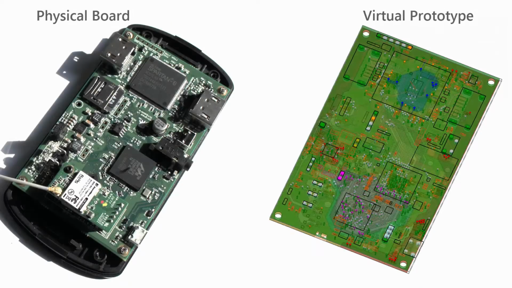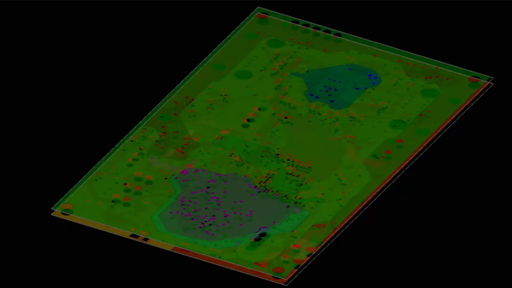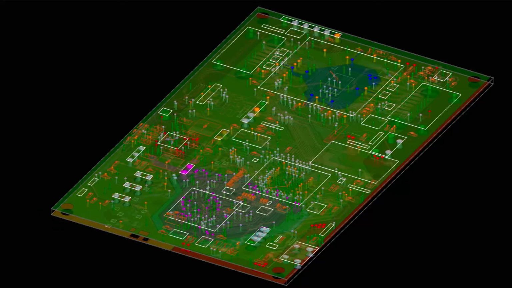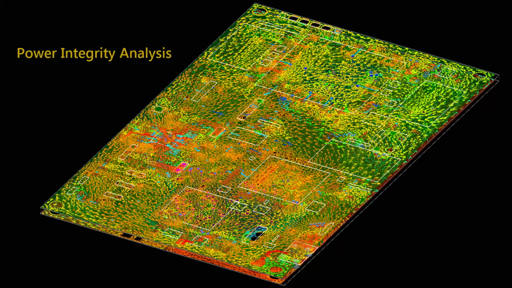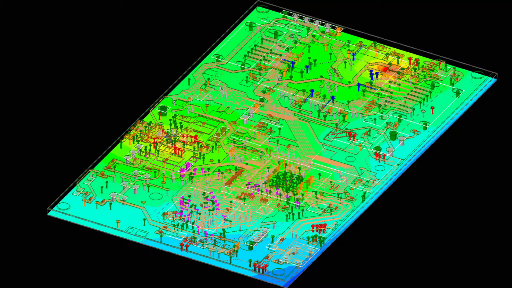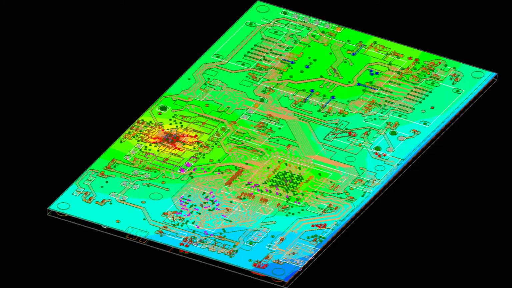Here's an example of a printed circuit board used in a typical consumer electronics product. ANSYS semiconductor tools analyze the ICs to produce their electrical and thermal models to be used for package and board simulations. ANSYS power integrity analysis couples IC models with package and board models to compute and minimize power losses on the PCB. Heat generated by the ICs plus power losses in conductors within the package and board raise the temperature